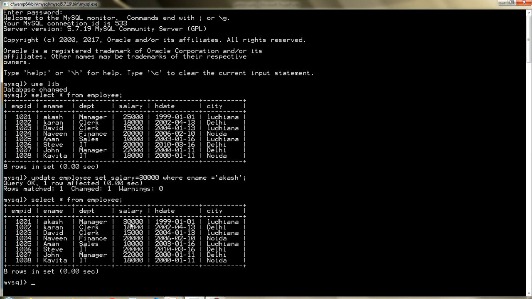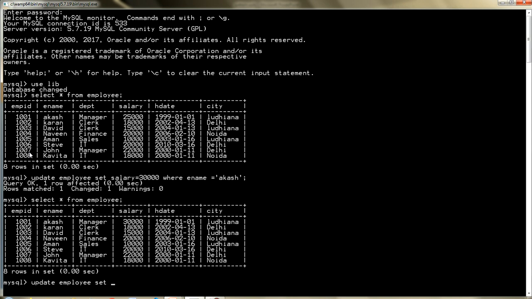Let us take one more example. I want to change the city from Delhi to, let us say, Noida, where the employee ID is 1007. So the condition can be anything. Again I'll write update, then the table name has to be there, then the set keyword will come.